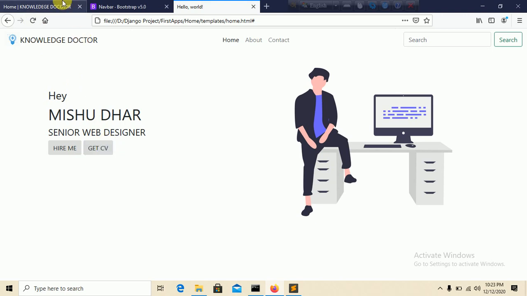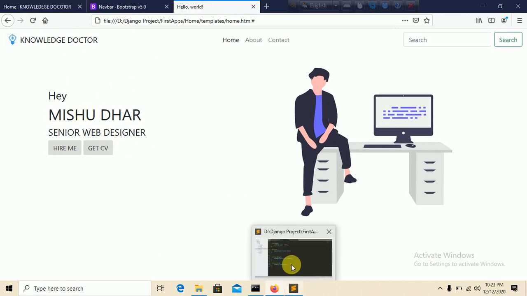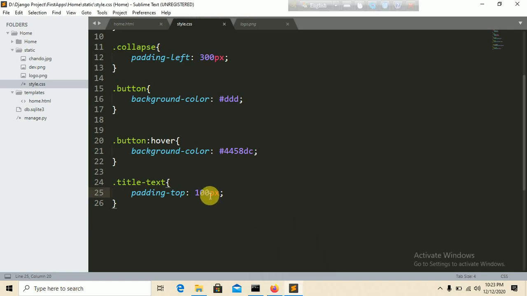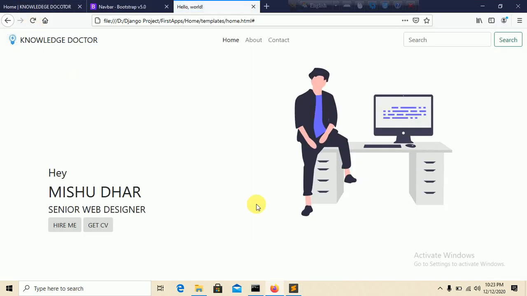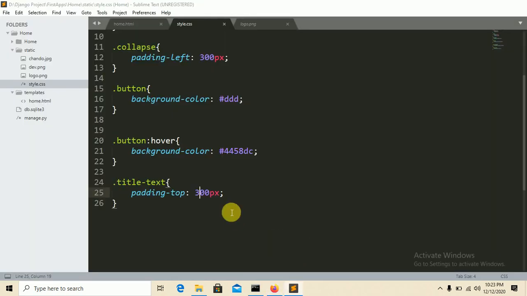Wow, that's not so fine. So let's say 300 pixel. I don't know if it's working or not. 300 pixel is not enough. 200 pixel,